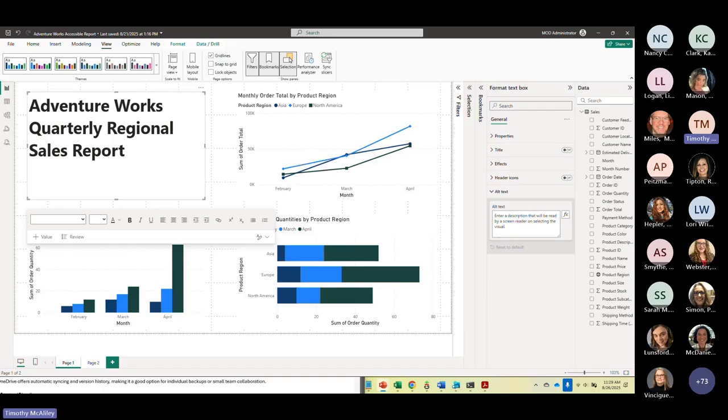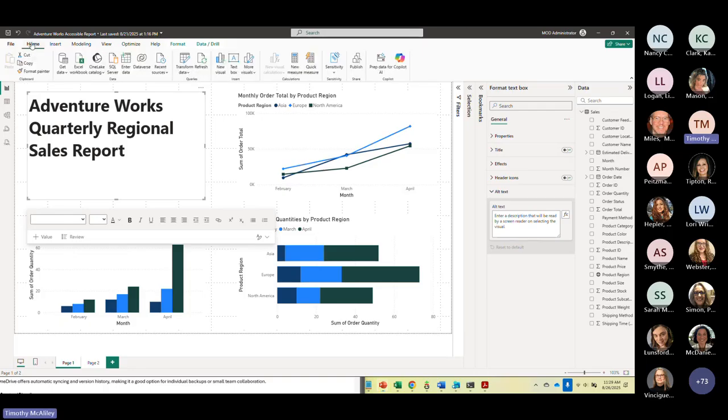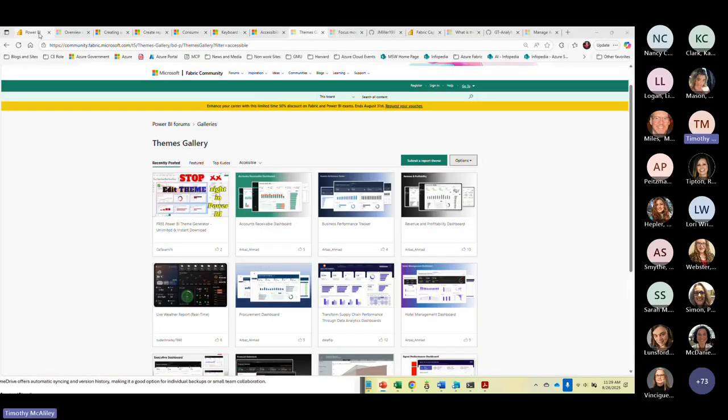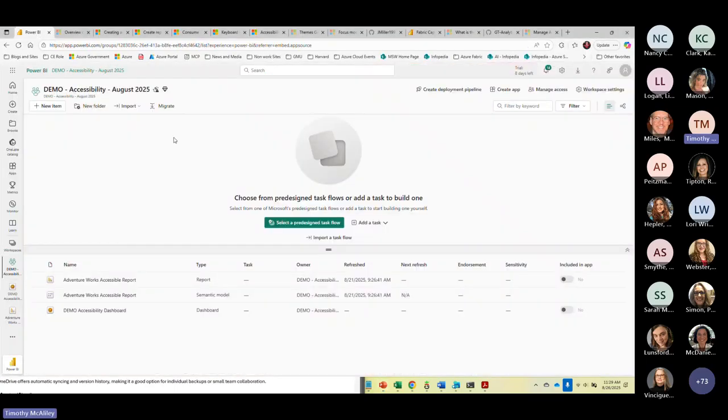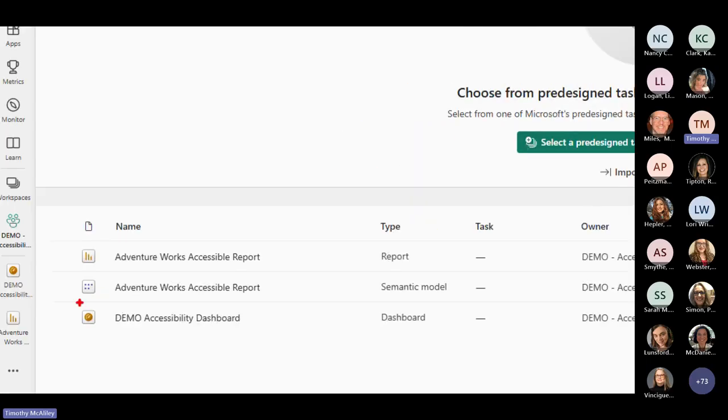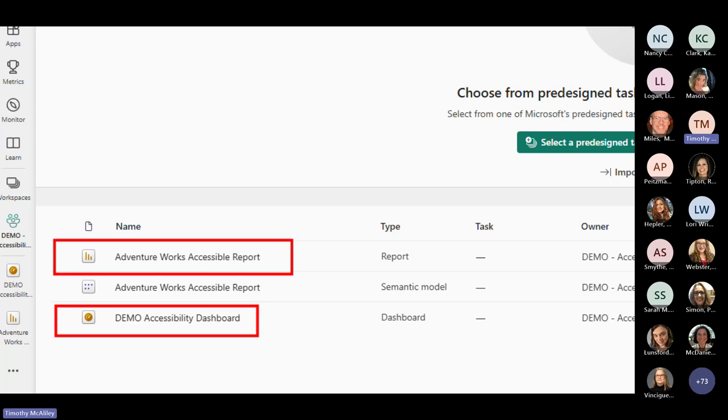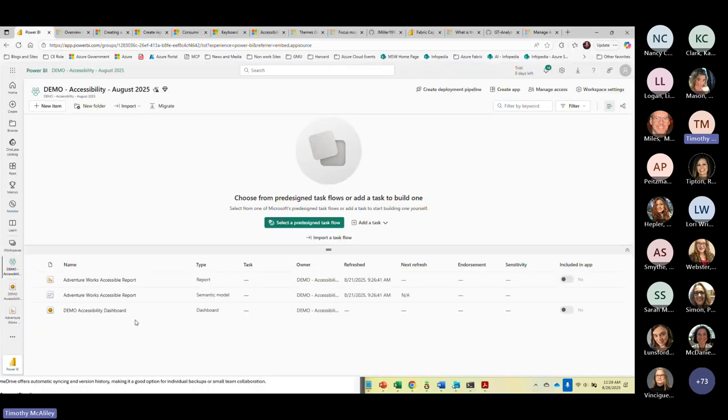And then if you go to home and you go to the Power BI service, this is what we're looking at here. We're looking at a Power BI workspace with a Power BI report and a Power BI dashboard, basically the same report that we just looked at, but just published to the web. You can go into this report,